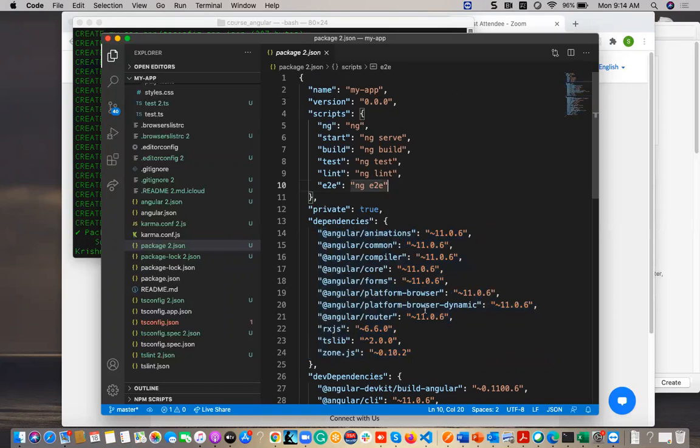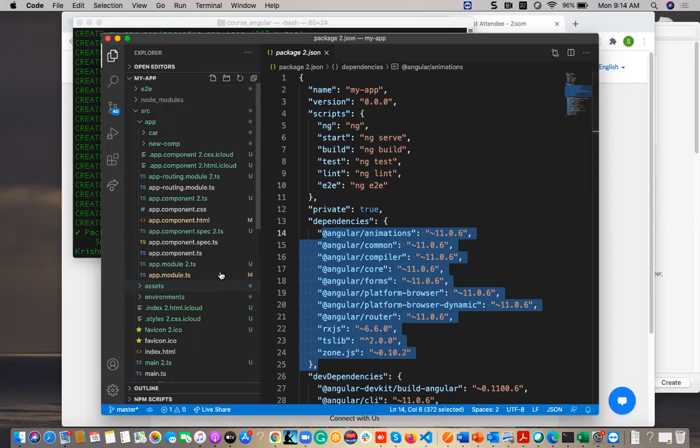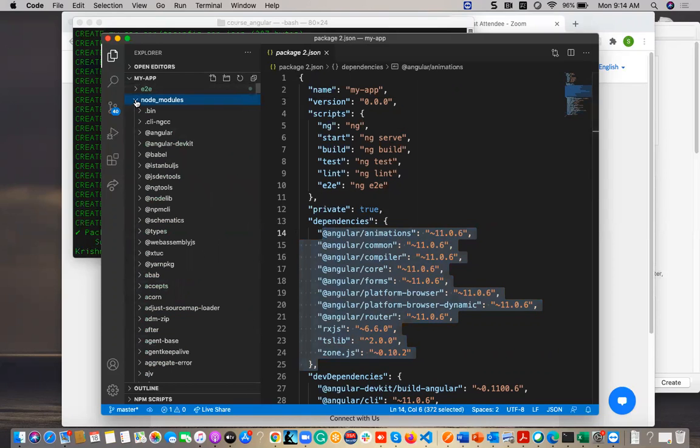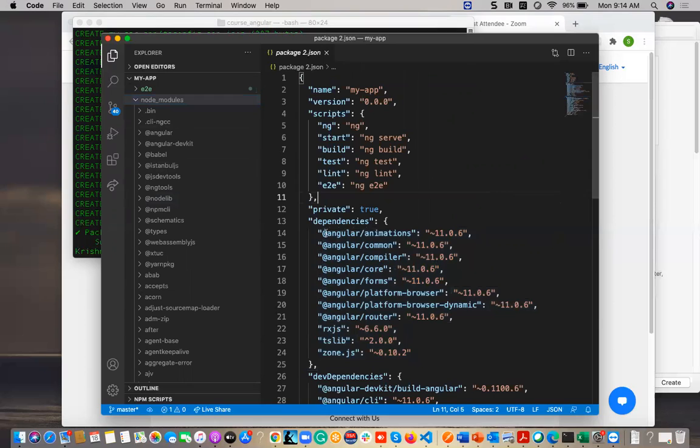So what are these dependencies, where are they located? They are located inside node_modules. If I go into these node modules, I can find this @angular/animations. So let me check where @angular/animations is located.